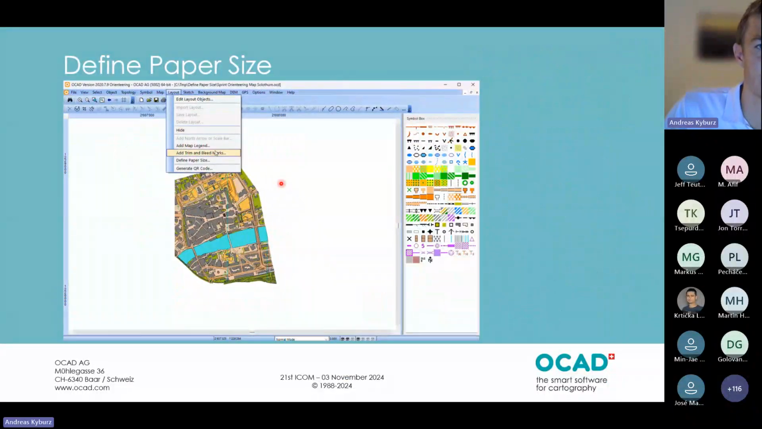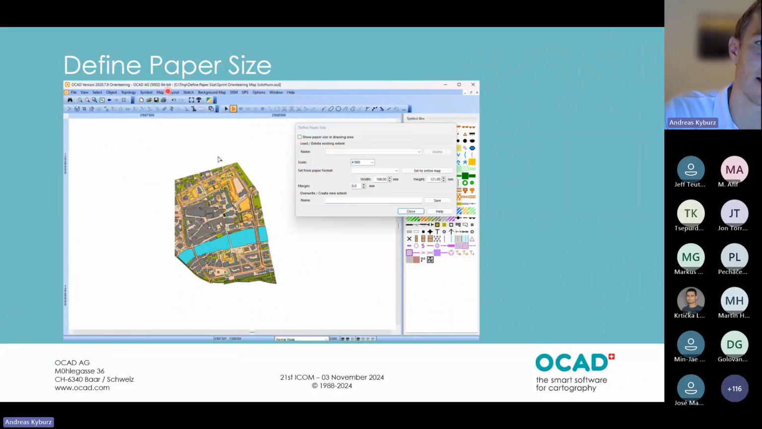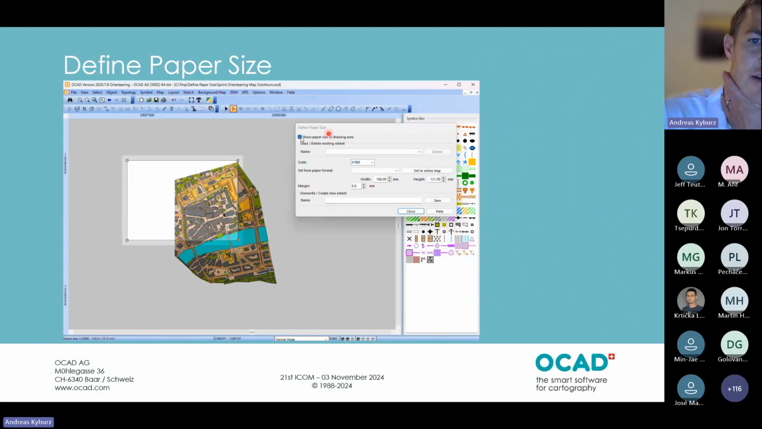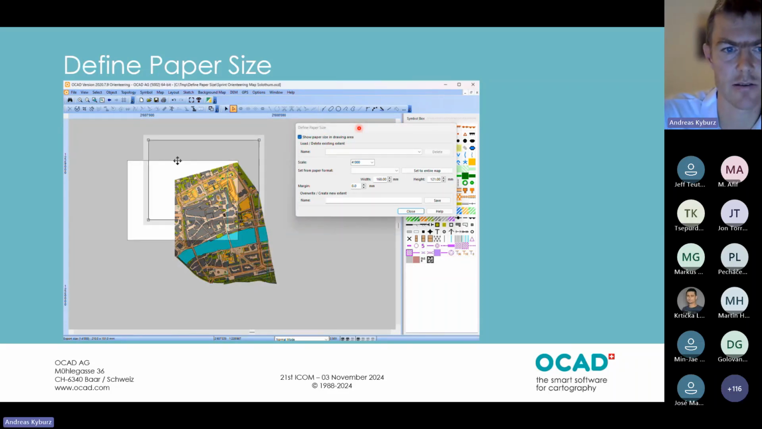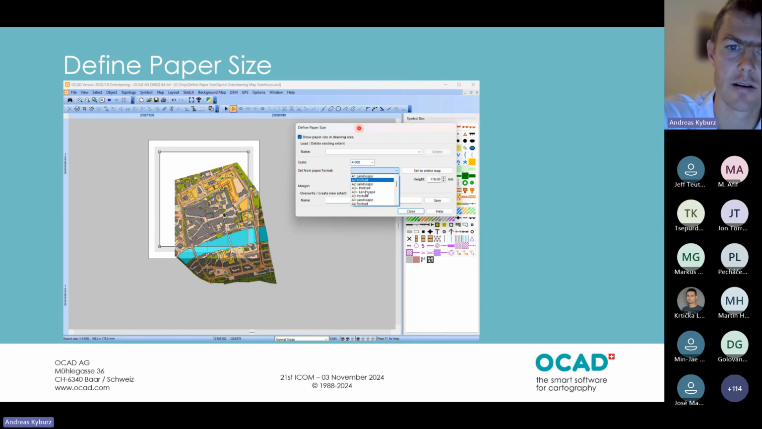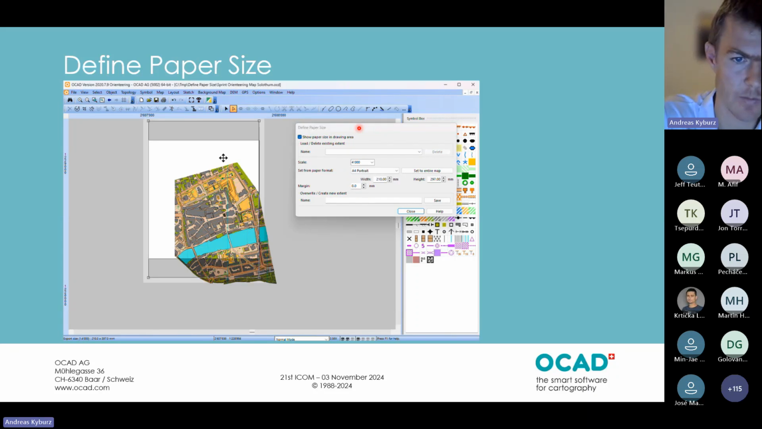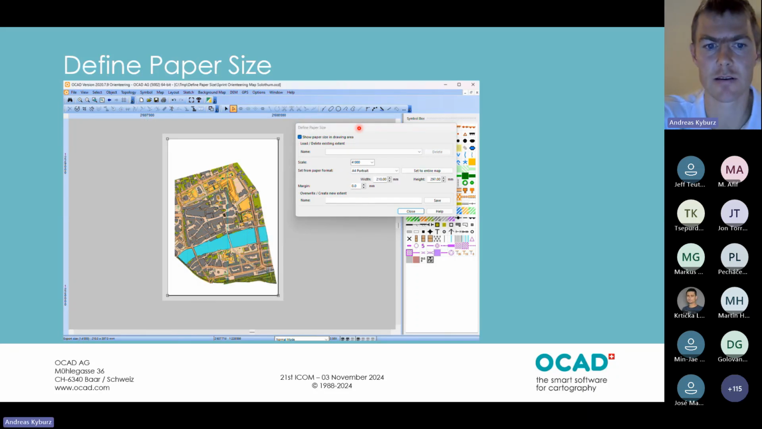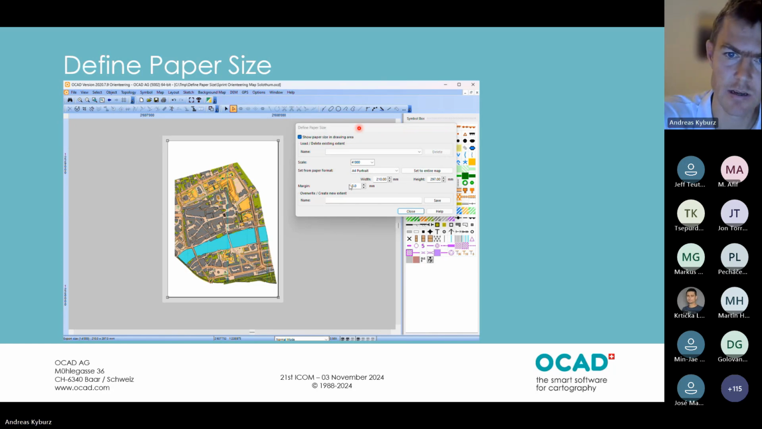So let's have a look at how it looks in OCAD. You go to the layout menu, you can define the paper size, and then you can drag the paper format and define it. Here no extent is saved so far. I set the scale, I choose the paper format, then I make it fit to my map, and then I can choose a margin if that's needed,